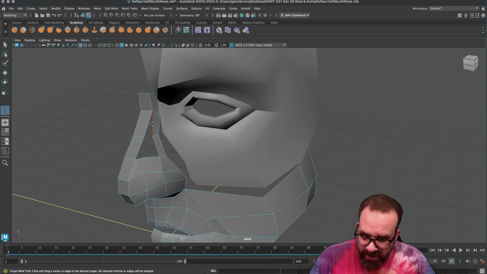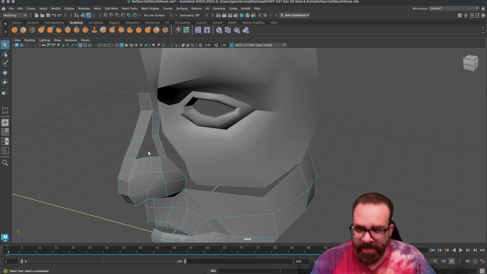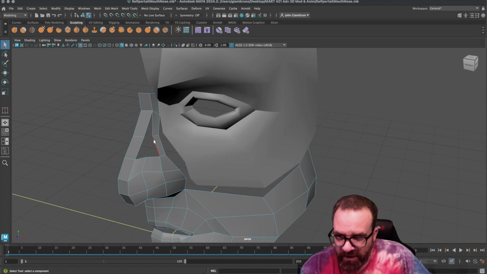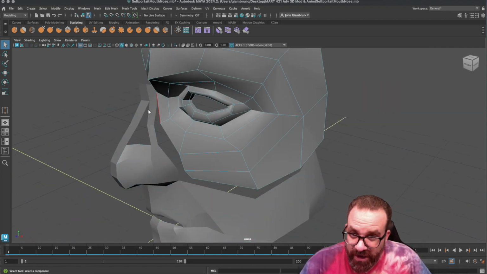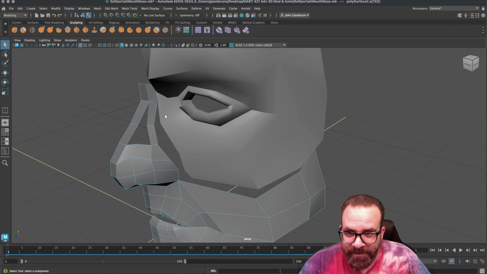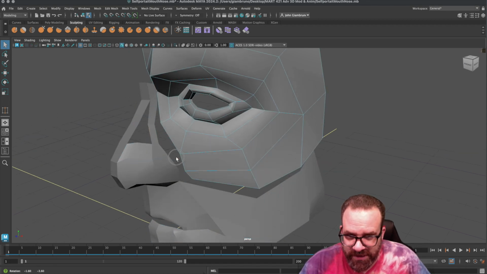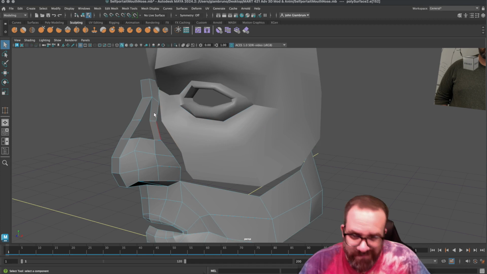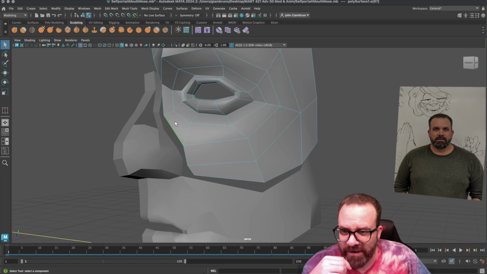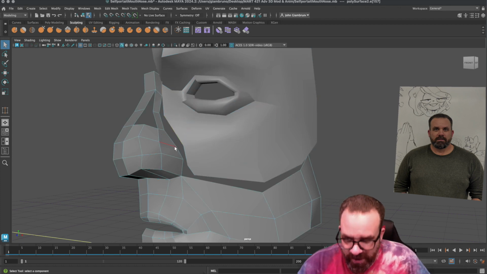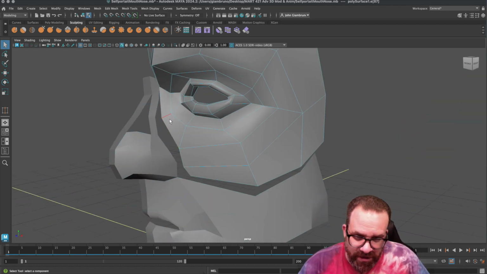And now this part, I got a triangle right here. I'm going to cut this in a second. So there's a couple of things you can do here. Fill hole and cut, extrude and target weld, or append. Actually, to preserve this, okay, I'm skipping around a lot, but the astute observer might be noticing I have a few more vertices here than here. Okay, so I could just start cutting on this side and when they match up, but again, we're gonna worry